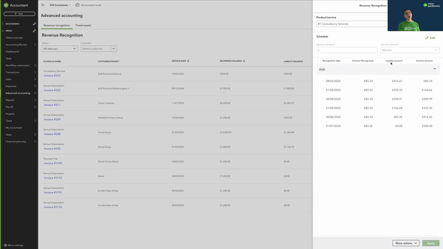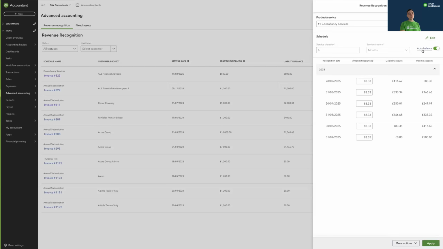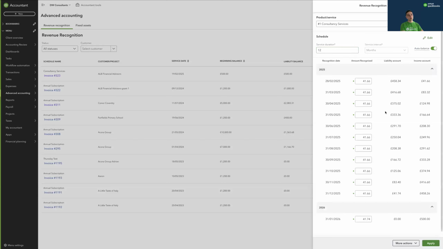And then you can see the liability accounts on the right-hand side, and then obviously the amount that's actually going to be recognized. This is actually going to be happening over a period of 6 months, but we can edit this by clicking on the edit button, and we could change the service duration if we wanted to. So if we're going to split this out over 12 months instead, you can then see that it just changes that. So now it's changed the amounts that are going to be recognized, and it auto balances them